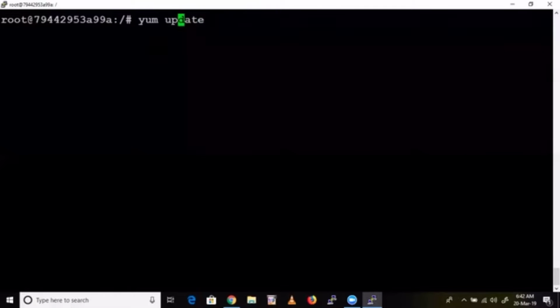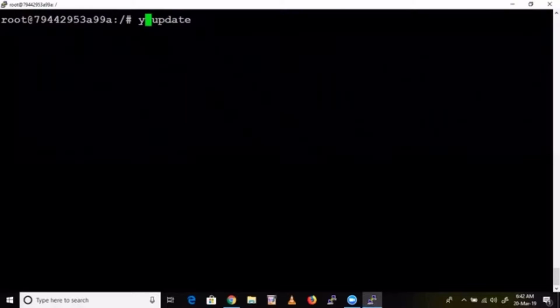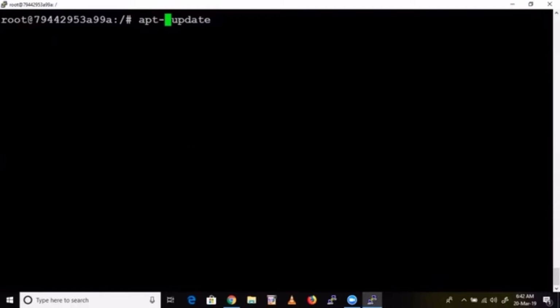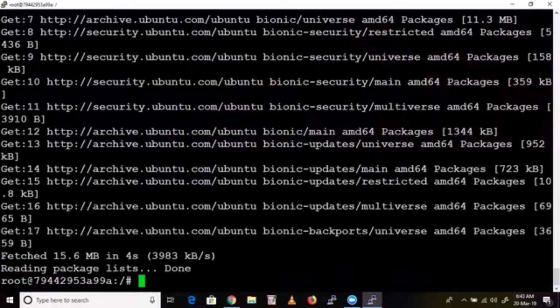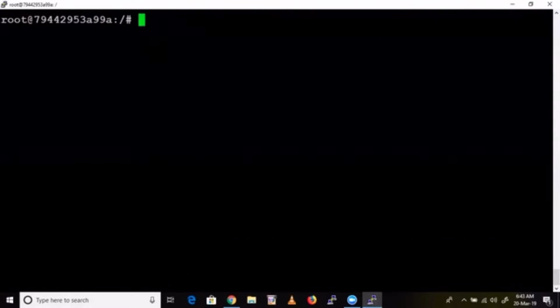The first command, you need not run sudo because already you are root. Next command, here we used to run yum update -y, right? So here also we need to run an update. But yum is only for the Red Hat family. If it is the Ubuntu family, then we need to use apt-get. That's the only difference. apt-get update. Okay. That's it. Instead of yum, you use apt-get. Just remember that one. Fine. Instead of yum, you use apt-get.